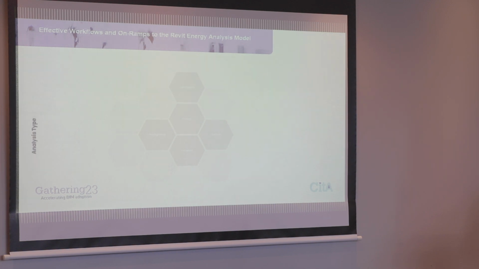So if we think about different types of analysis, and this is kind of my take on it, other people might have different ways of bracketing or putting these things in buckets, but we might have a feasibility analysis that might be very early stage. We're looking at climate or the orientation of a building on a site or whatever. We might be looking at optimization, maybe something a little bit more. We're looking at, what's my facade or envelope fenestration? What's the optimal solution around that? Or what's the optimal material